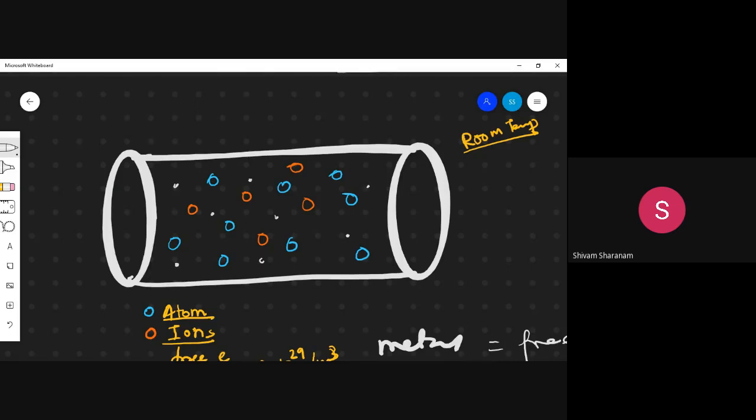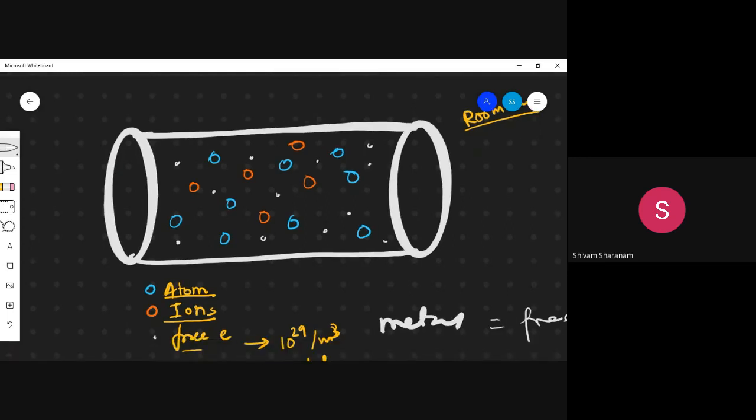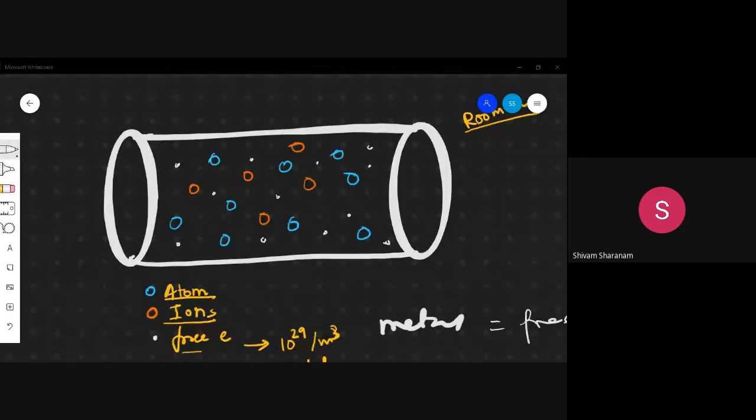These electrons are free to move anywhere inside this. It will be more tightly packed, but let's consider, it will be like this. So if an electron moves here, will it move in a straight path? Which kind of motion will they exhibit inside it? Answer: random. All directions. In any direction they can go. Brownian motion, or we call it random motion.